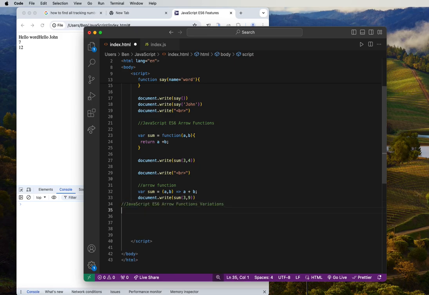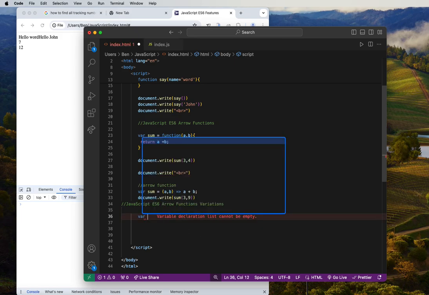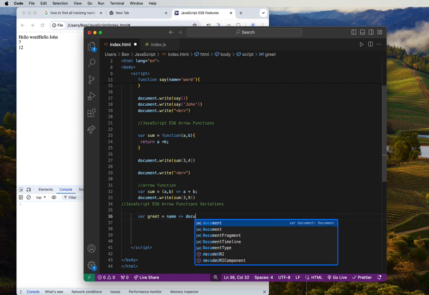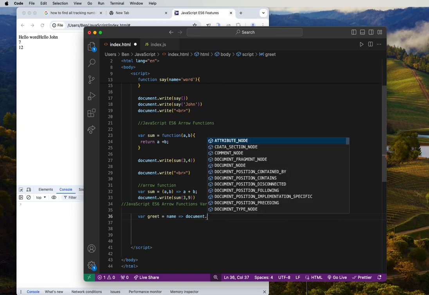Let's say we have a variable called greet, and you assign it to a name, and then we have an arrow function here. What we are doing is having a single parameter and a single statement, everything on one line, a function and a statement on one line. That is pretty cool. So document dot write